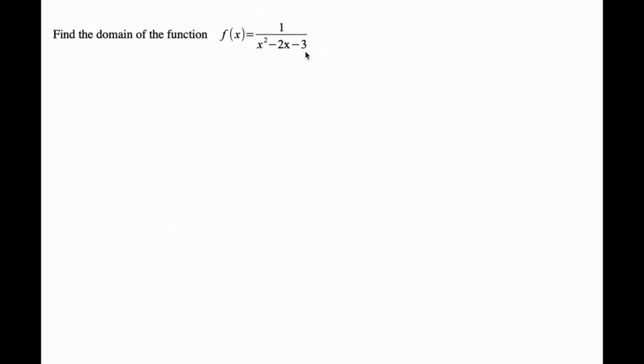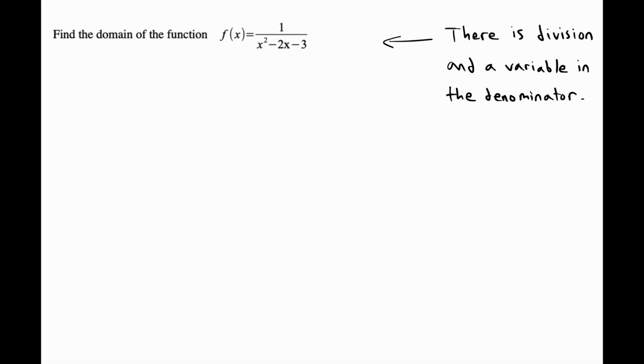So this is a function 1 over x squared minus 2x minus 3. Notice that in this formula, there is division taking place, and there is a variable in the denominator. So this is where we do have to consider potential limitations to the domain that are caused by that division by the variable. You can never have division by 0, so what we're looking for is we need the denominator